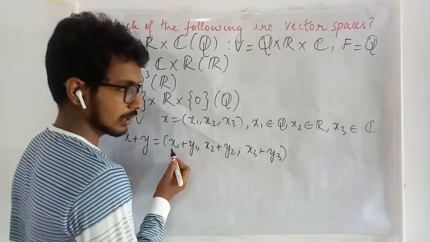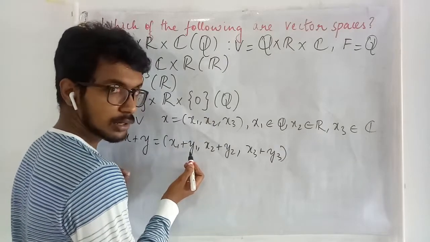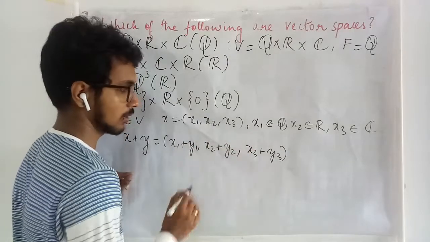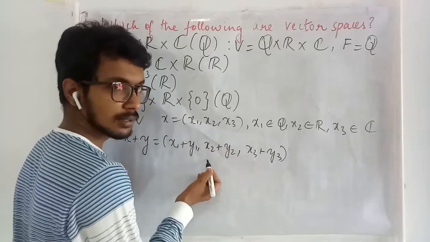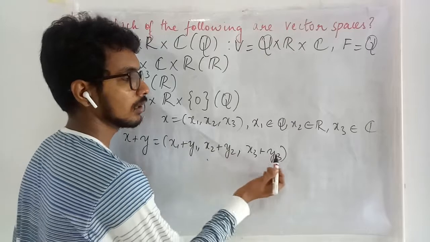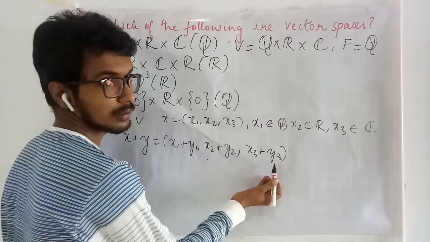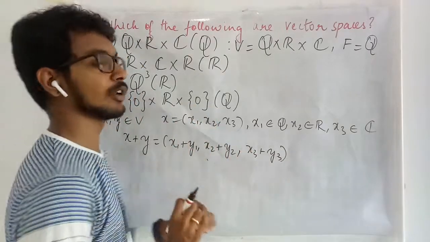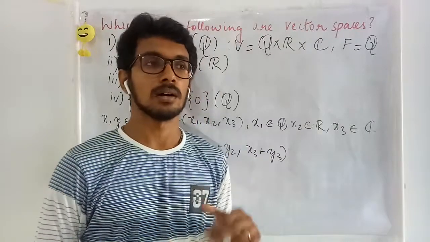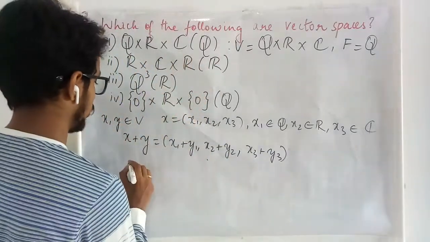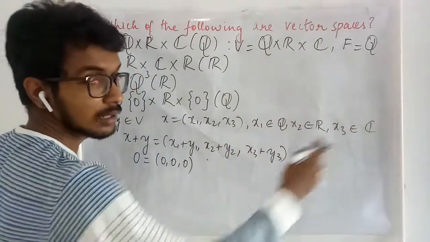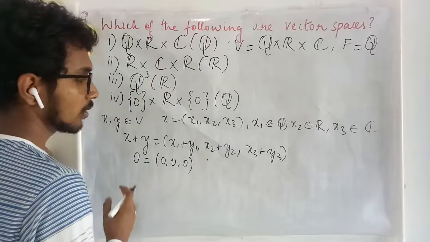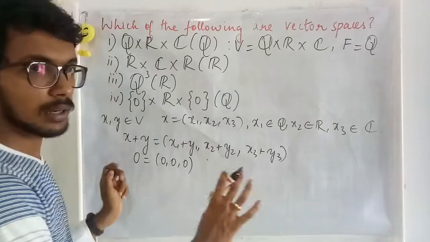You see, this is a rational quantity, this is also a rational quantity. When you add, you are going to get back a rational quantity. This is real and this is also real, hence the resultant is real. Similarly, the resultant is going to be complex in this sense. Closure is satisfied, and so are associativity and the identity element, because 0 is going to serve as the identity. 0 is a member of all the 3 fields. Right? So it is going to satisfy all the requirements.